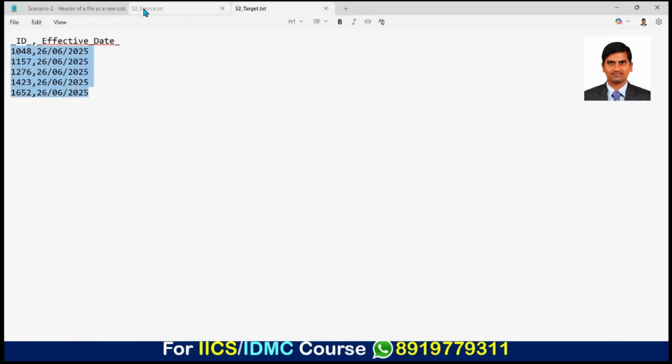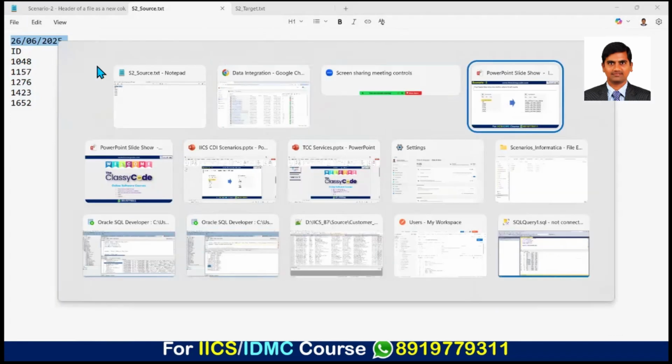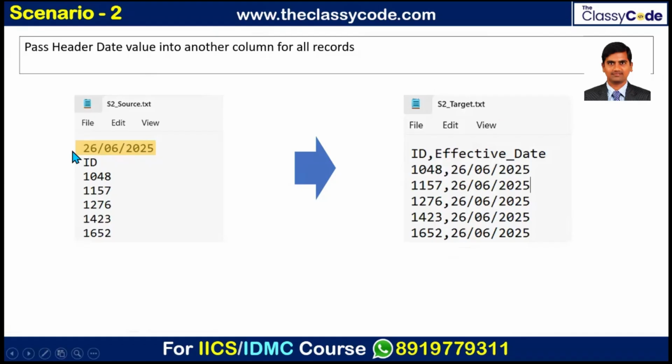Okay. So this is how we can achieve the scenario by loading the first value coming as a date as a separate column altogether. Hope you like this, and for more